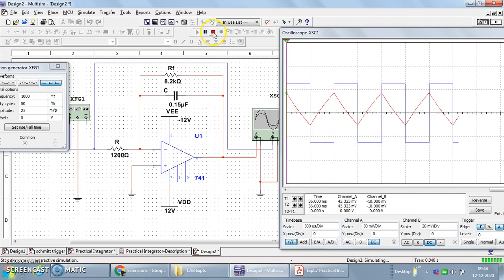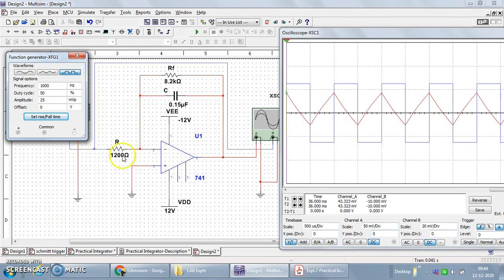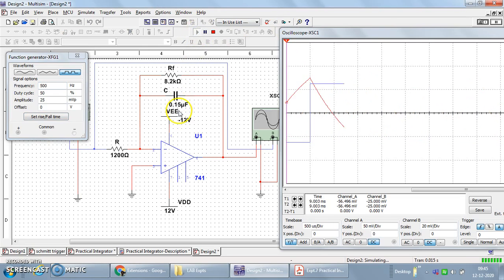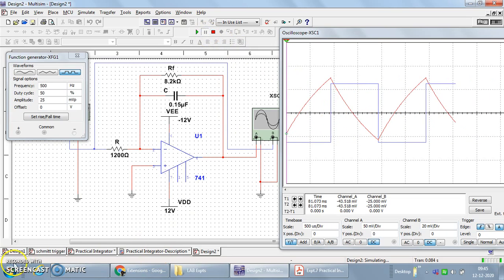So this is how the effect is there. The same effect can be observed by changing the frequency also. What we have done right now, increasing the values of R and C, is decreasing the magnitude of the gain. Now let us see the effect of decreasing the frequency. If I make this equal to 500 Hertz and simulate, let us see the effect on the output waveforms. Decreasing the frequency has increased the amplitude. So the magnitude of the gain is decided by the parameters given here, inversely proportional to the value of input frequency, capacitor value and the